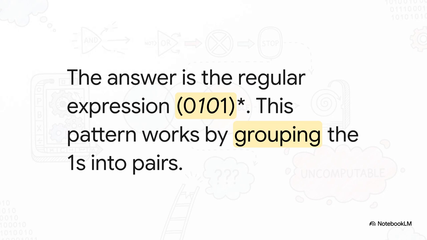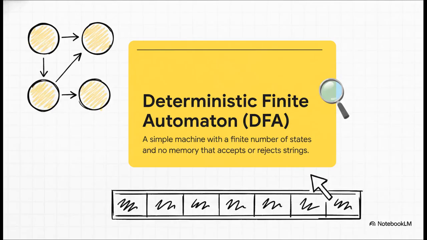And the answer? It's this beautifully simple pattern. It's so elegant. What it's basically saying is this. Look for a chunk of text that can have any number of zeros, then a 1, then maybe some more zeros, and then a second one. See? Each of those chunks has exactly 2 ones. So if you just allow that whole chunk to repeat as many times as you want, you guarantee the total number of ones will always be even. Pretty clever, right?